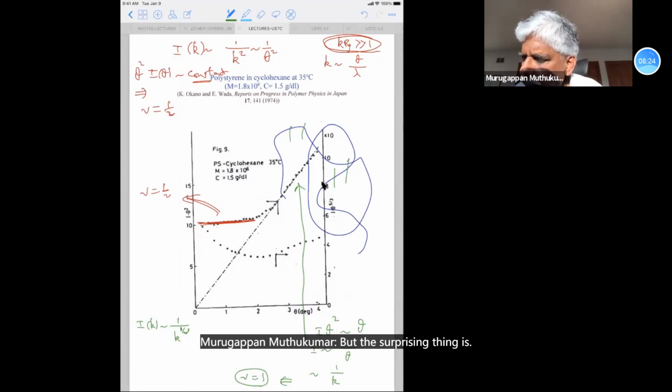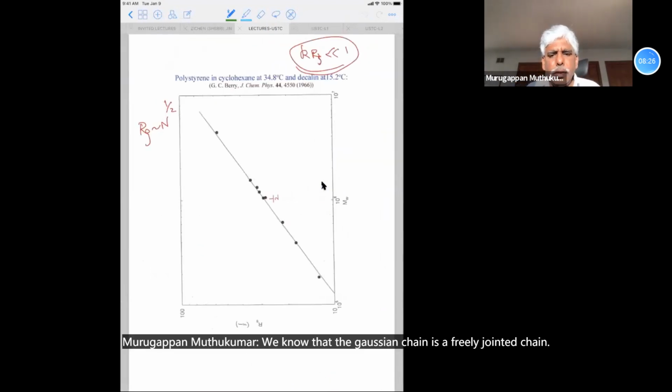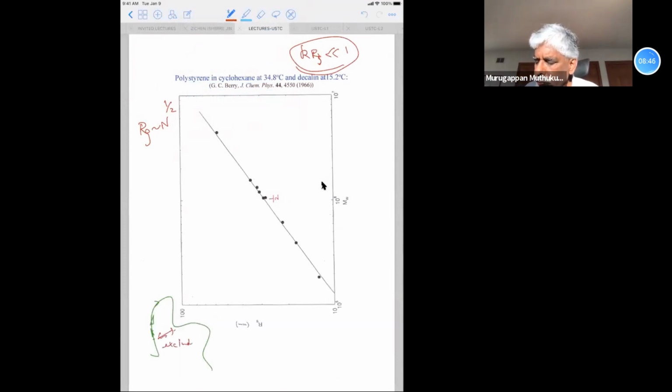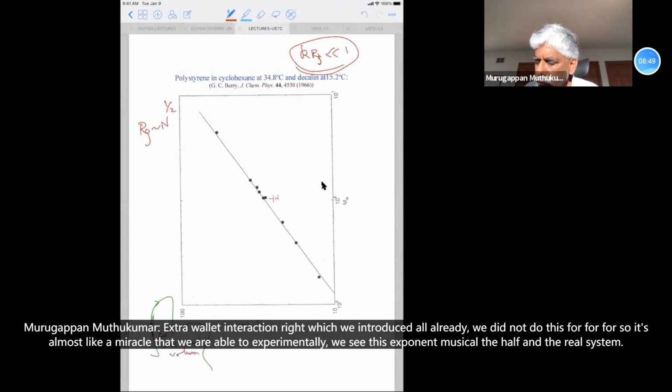But the surprising thing is, we know that the Gaussian chain is a freely jointed chain. When we talked about a chain like this, we talked about only the connectivity. This is connected here, this is connected here. We did not think about this interaction, the excluded volume interaction, which we introduced already. We did not do this so far. So it's almost like a miracle that experimentally we see this exponent nu equal to half